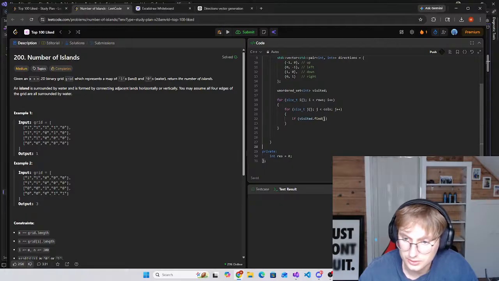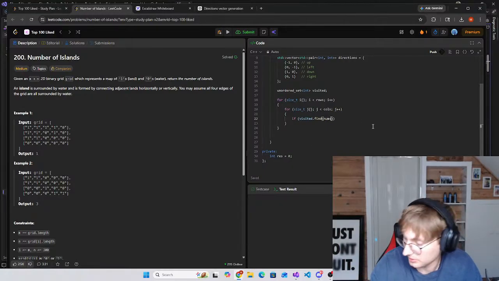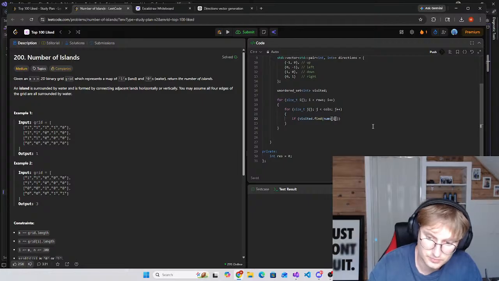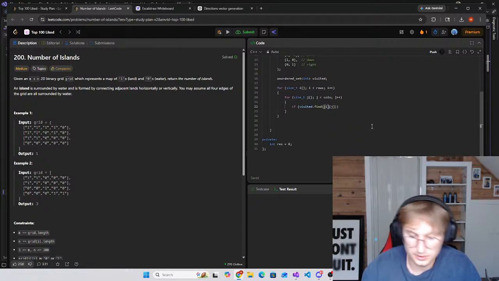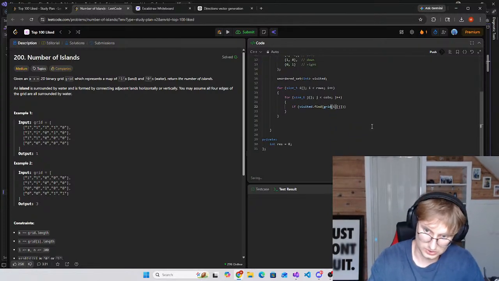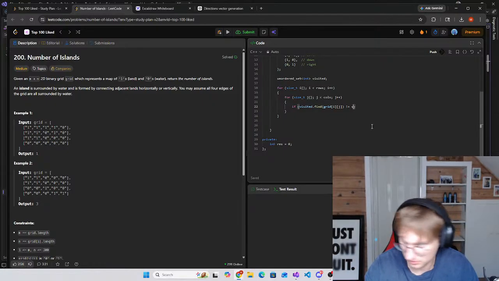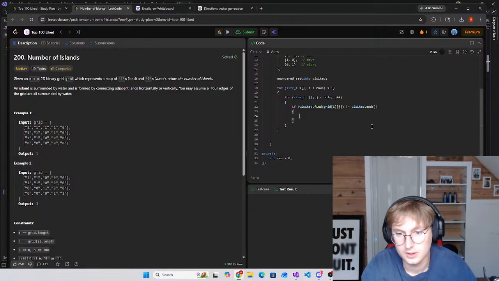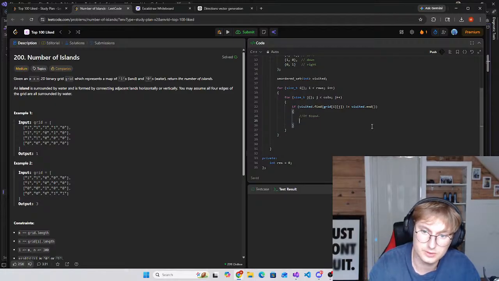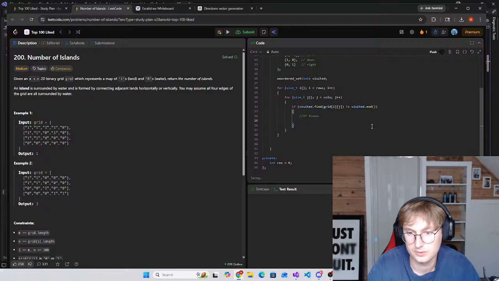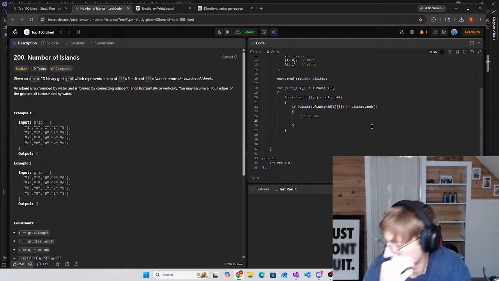Okay, so this is the syntax. It's visited.find. I knew it was something like this. Grid i j does not equal visited.end. So it found, right? So visited.find does not equal